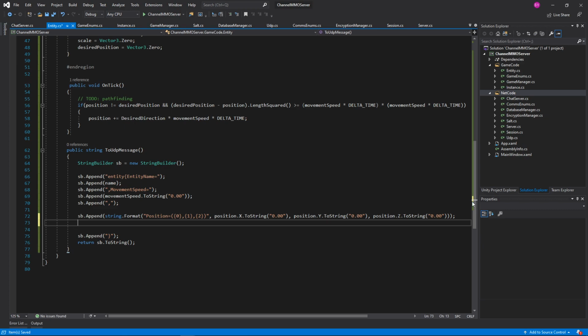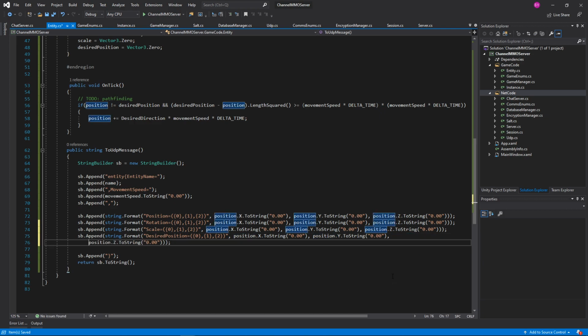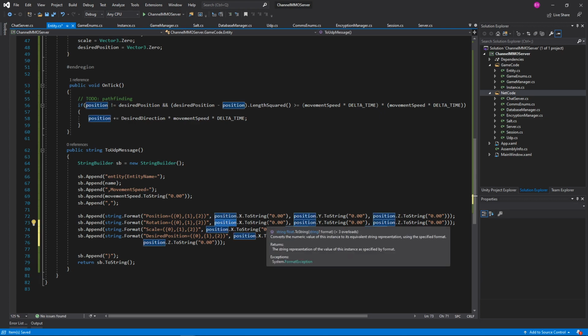So we're going to just copy this at this point an additional 3 times. 1, 2, 3. There we go. And then instead of being position, this will be rotation. This one will be scale. And this one will be desired position. Excellent. And desired position is going to get a little long, so we're going to move position.z.ToString over to there. But this will then, of course, be